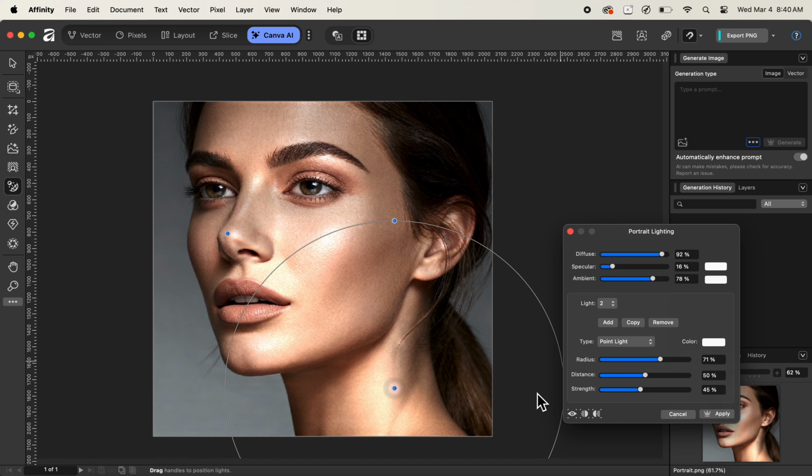Since the intensity of the light source in this particular area will be much less than the intensity of the front facial elements of our subject, we'll decrease the strength a bit like so, to somewhere at 42% for now. After setting the strength value to 42%, the next thing we can do is adjust the distance to 79%. The next thing we can also do is increase the diffuse option